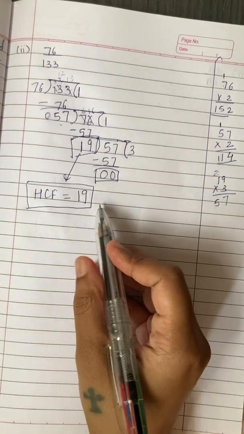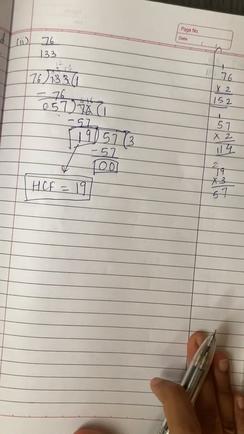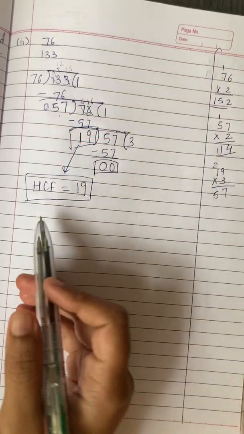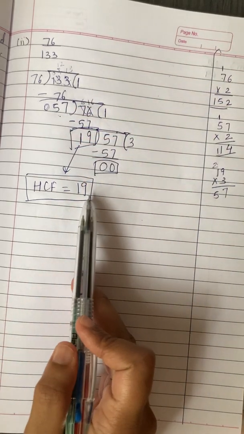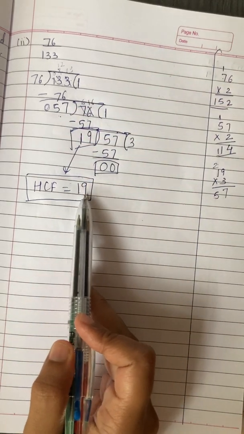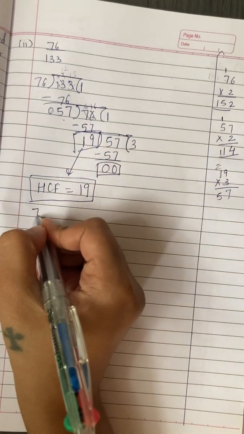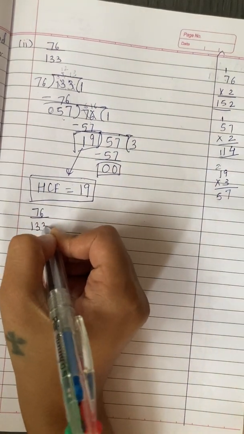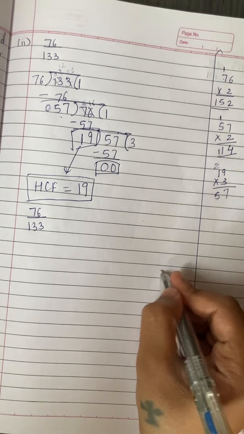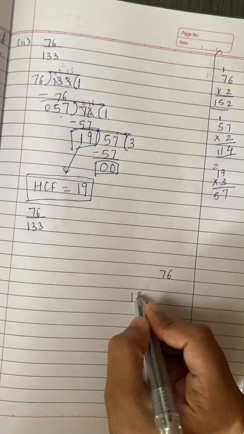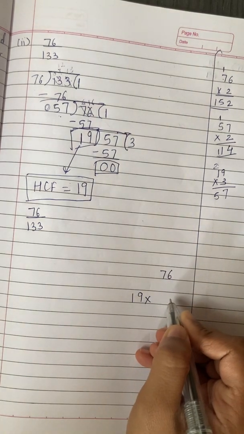Now this is not it. There is a further part of the question also. We have to reduce this division into simplest form. But we have got this hint that both the numbers, numerator as well as denominator, are present in 19's table, which is 76 upon 133. We have to just find out the factor. So first take the numerator and find out in 19's table whether 76 is there or no.